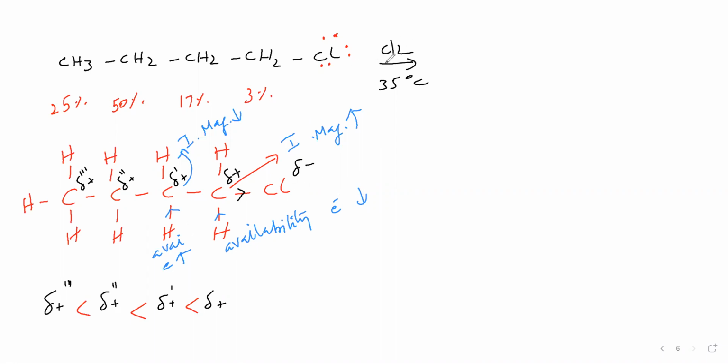Now we will go for this chlorination. Chlorination, what is the mechanism? First, this chlorine molecule is converting into chlorine free radical. Now this chlorine free radical is coming for attack. This chlorine free radical's valence shell contains 7 electrons. It is in need of 1 electron to get octet. Therefore, it will attack this hydrogen to take 1 electron.